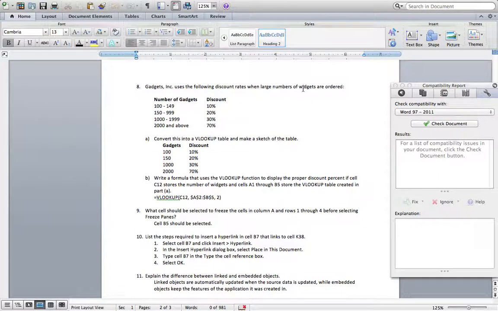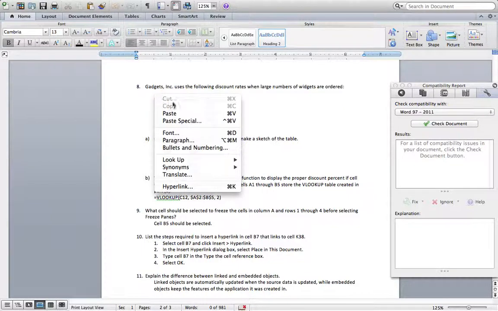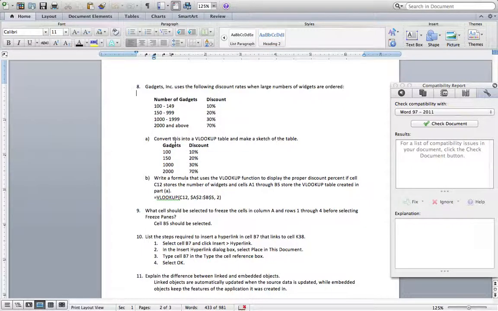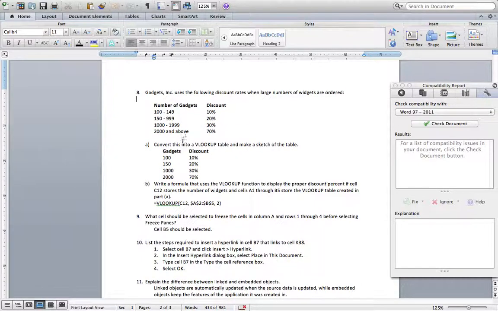When you got a large number of widgets in order, here's the table. They want us to convert this to a VLOOKUP table. So they want from 100 to $4.99 for a 10% discount. Okay, in this case, what you would do is you'd pick the lowest number available, and that's 100, okay? And they have to be in ascending order. So this is what a lot of the exercises, what a lot of the test questions are going to have. They're going to have a table like this for you, and they're going to ask you to create a VLOOKUP